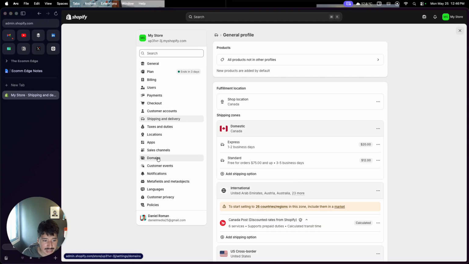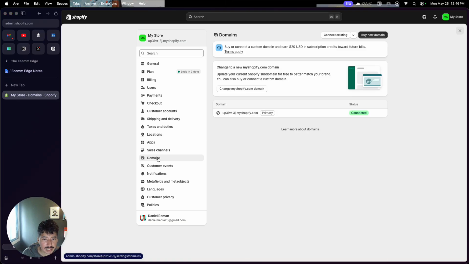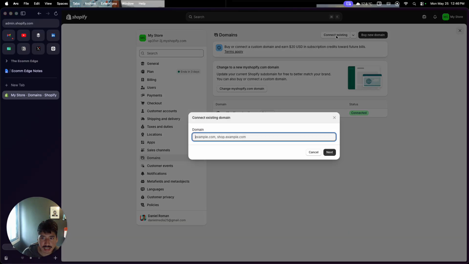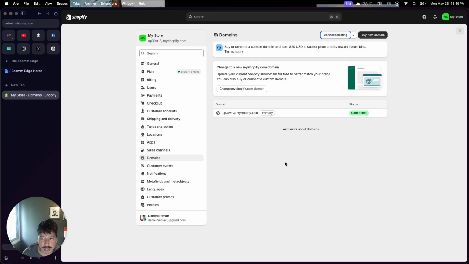And then the next and last thing is you're going to want to look at your domains. Here's where you'll be able to add a domain. If you have an existing domain, you could select connect existing, enter the domain name, and just do the DNS connection as well. Or you could buy a new domain from Shopify within. It's a little bit more expensive,